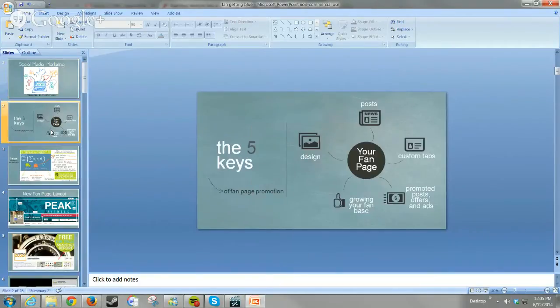this stuff. So right away, we're just going to talk a little bit about the 5 keys, and we're not going to go in depth in all of these today, just because we don't have time. But I'm just going to hit on them really quick. So the first 5 keys